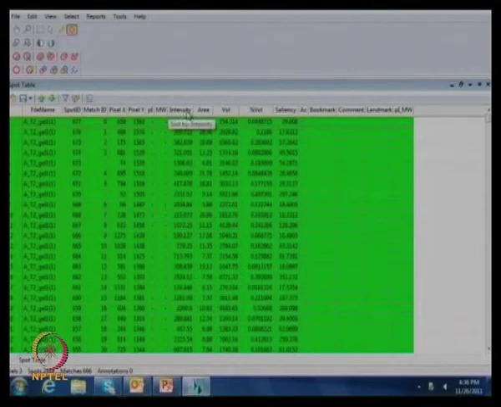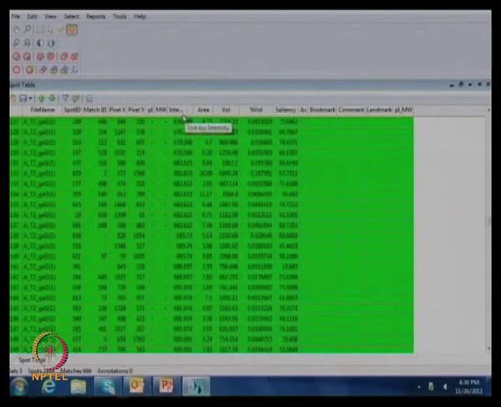Then the intensity of a particular spot, the area of that spot, the volume of that spot, the percentage volume of that spot, and the saliency of that spot. These are all the parameters which you can see in the software for all the gels.